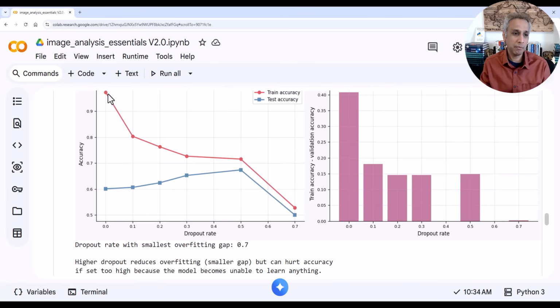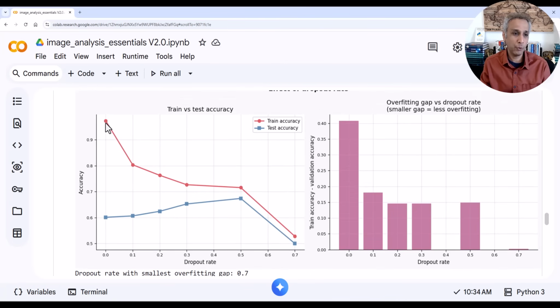Here you see the accuracy difference between the training and the testing data, humongous. That means the model is overfitting. And that gap actually narrows as the dropout rate increases. But we don't want to increase it to the point